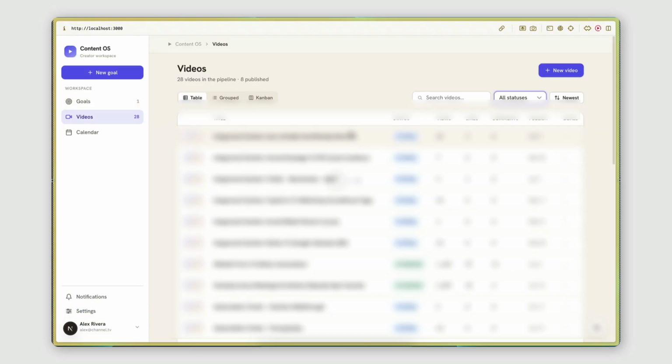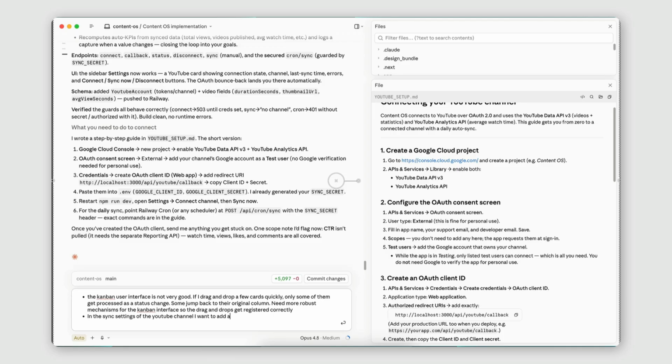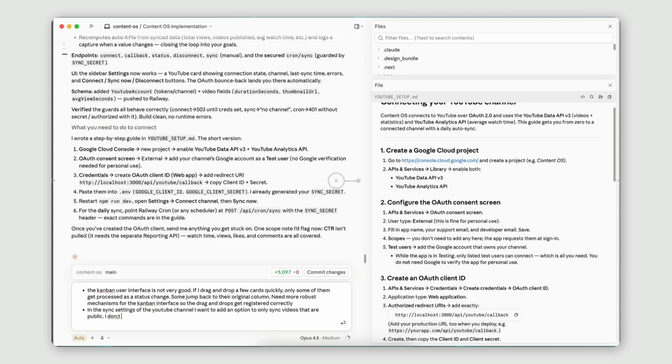Now, after it ran that initial sync, I realized that it wasn't just syncing the published videos from my channel. It was also syncing the private and unlisted videos, and I didn't want that. So as part of also fixing the Kanban board issue and making it more robust, the next thing I asked it to do is change the sync settings, or I should say add an additional option to the sync settings of my